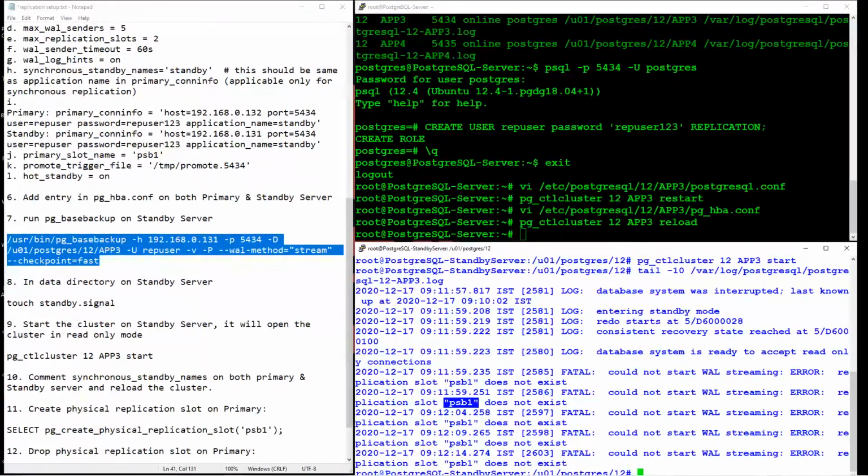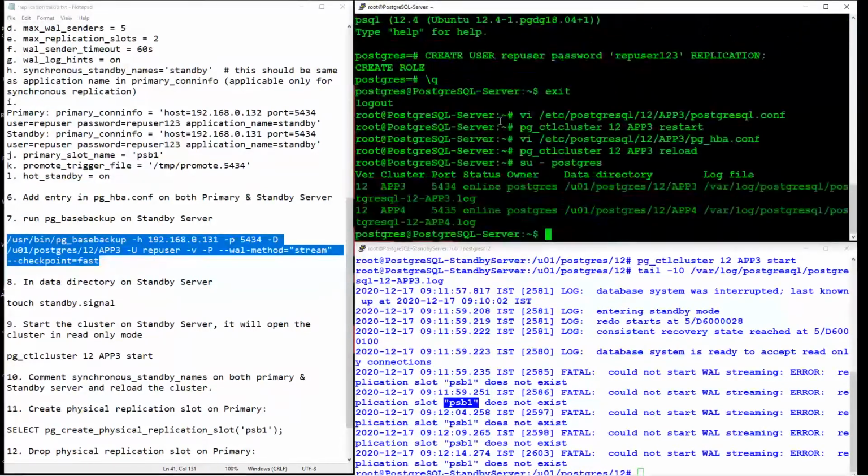Okay, so first let me create that. Because I have defined primary slot name in both my primary and standby clusters, right? So that is the reason why it is saying that.